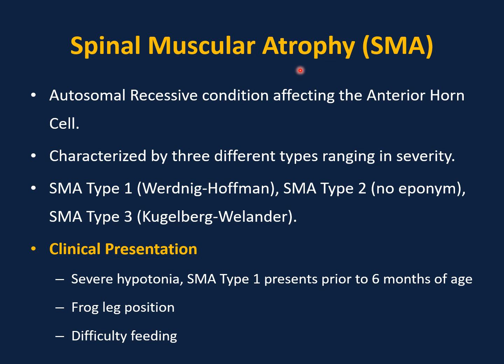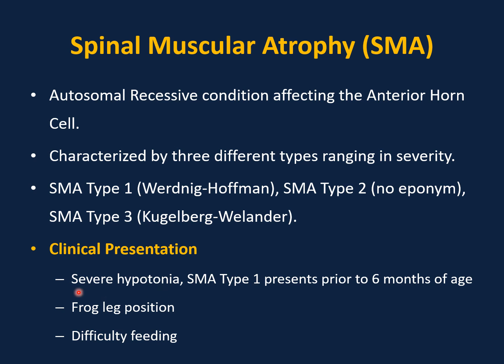Spinal muscular atrophy or SMA is autosomal recessive, affects the anterior horn cells, so it is lower motor neuron. Characterized by 3 different types that range in severity: type 1, type 2, and type 3. The common type 1, well known as Werdnig-Hoffmann, usually appears in the first 6 months of life with